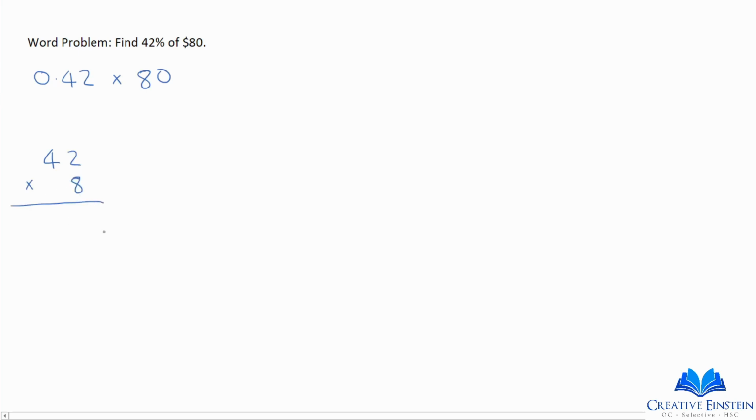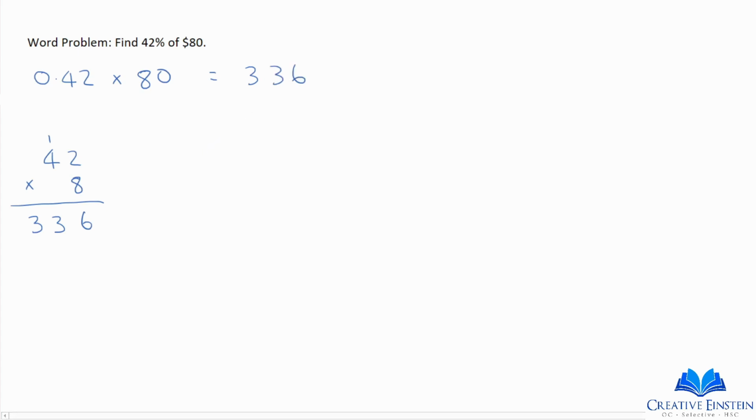Now let's move on to our word problem. Find 42% of 80. So the first thing that we need to do is change 42% to a decimal. 42% is 0.42. If we want to find 42% of 80, we times it by 80. So what we're actually doing is going to be 42 times 8, and then we'll add the 0 and the decimal in. 8 times 2 is 16. 8 times 4 is 32, plus the carryover is 33. So that becomes